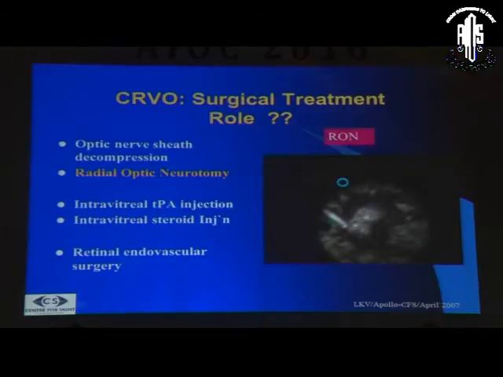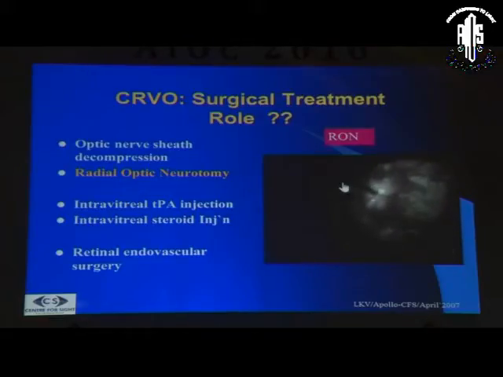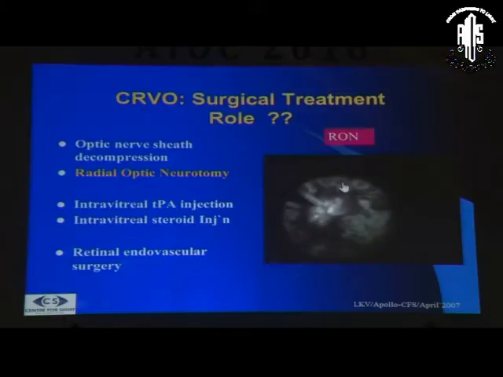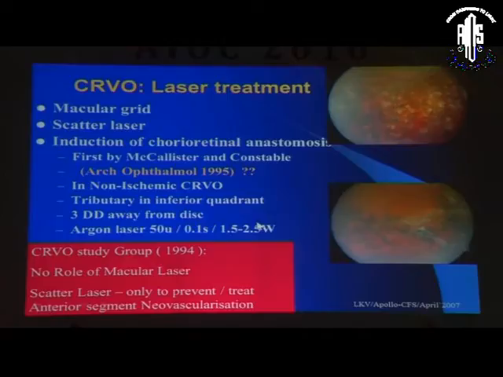So this is how radial optic neurotomy was being done: after you do a vitrectomy, try to identify the hyaloid if you can, and then take an MVR blade. A lot of you may not have seen or done this. Then directly, vertically at the nasal edge, you just go deep inside. Results were totally unpredictable.